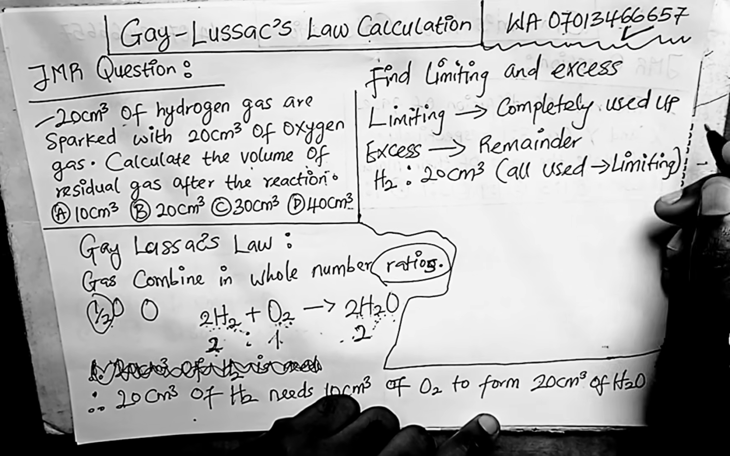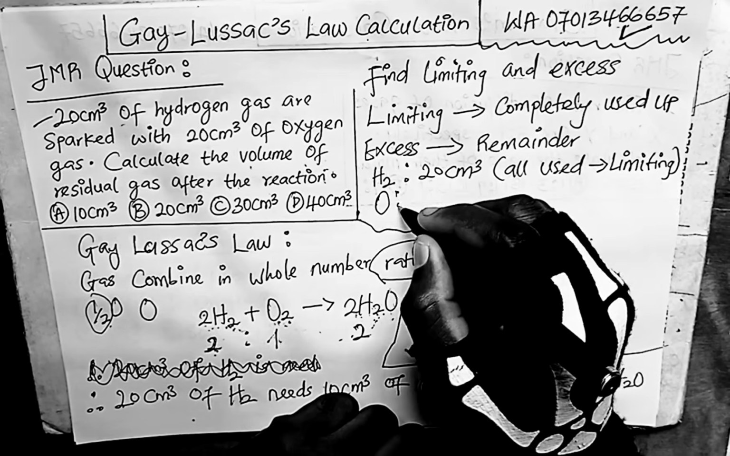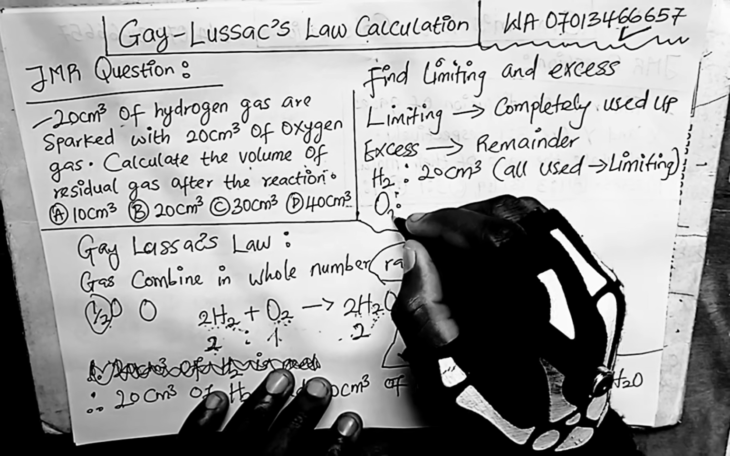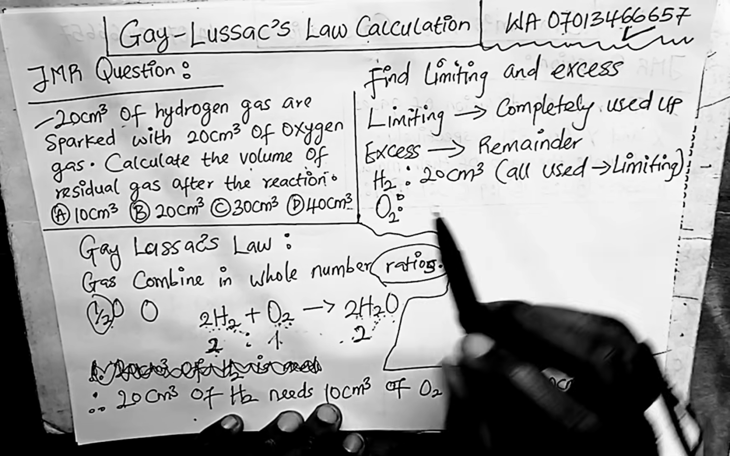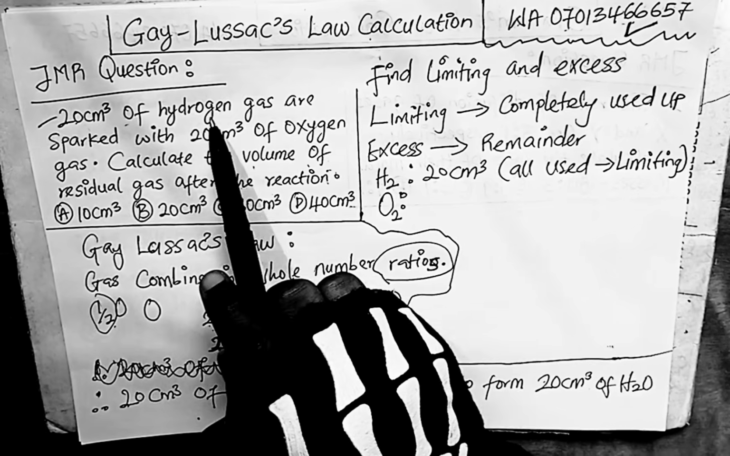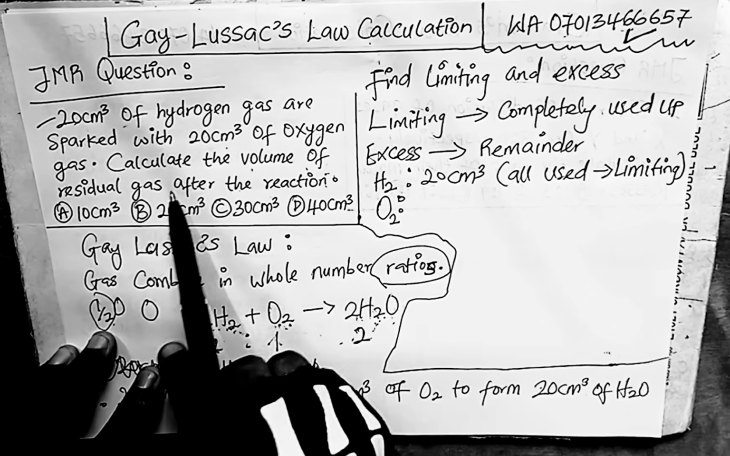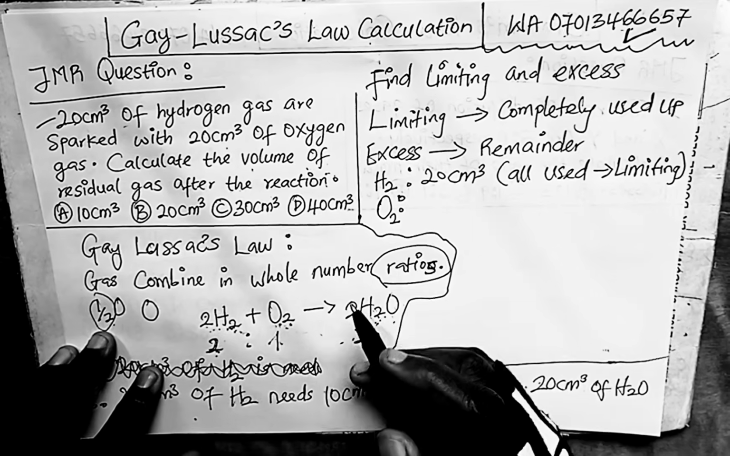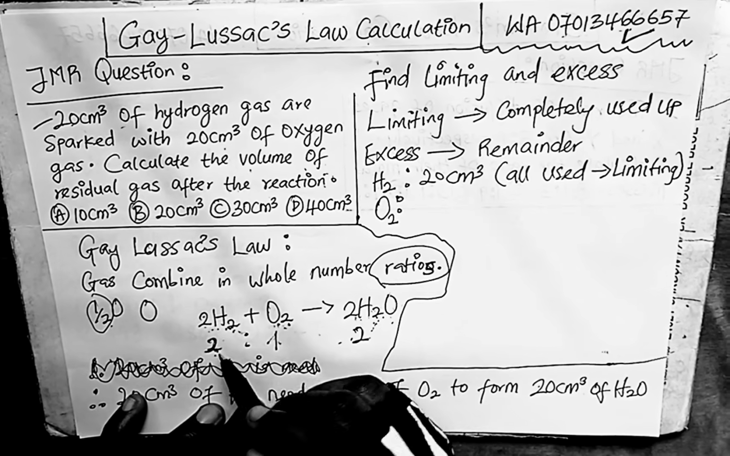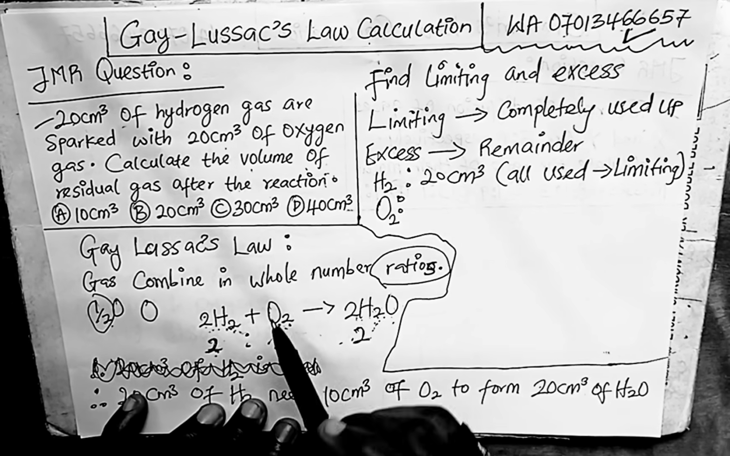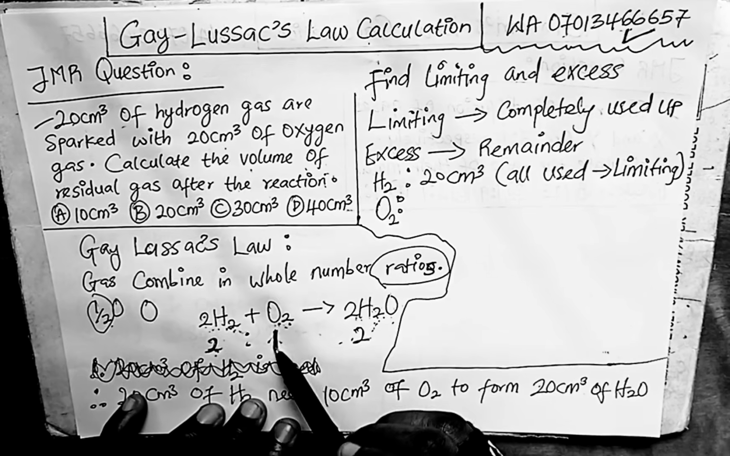Okay, so it's all used up. That's why it's limiting. Therefore, oxygen. For oxygen, O2, remember the question says 20 cubic centimeter of hydrogen gas is packed with 20 of the same oxygen gas. Calculate the volume of residual gas after the reaction. After the reaction, if you look at this one now, according to the ratio from Gay-Lussac's law, it's telling us that it's only